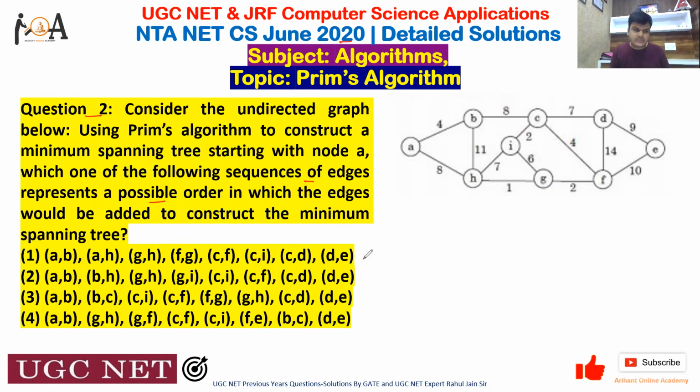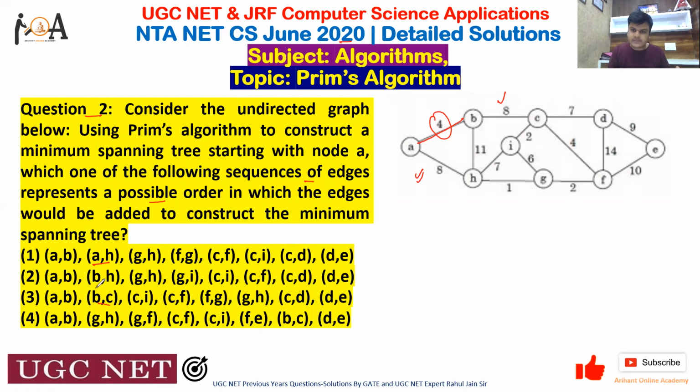So in Prim's algorithm, we can choose any particular vertex, and thereafter we will join another vertex based on the minimum edge, right? So here, the first edge they will consider is AB. This edge is considered. Thereafter, from B we have an edge whose weight is 8, and the edge AH, its weight is also 8. It means we can consider BC as well as we can consider AH.